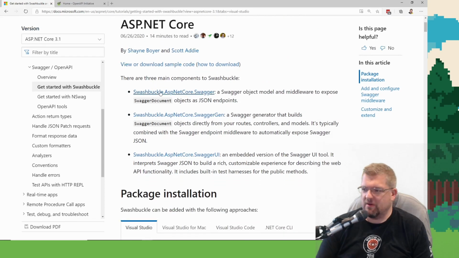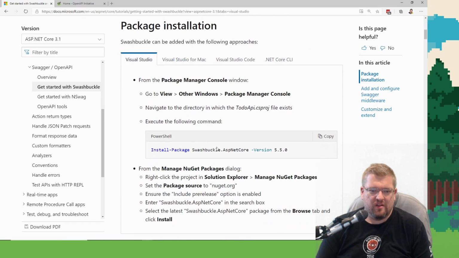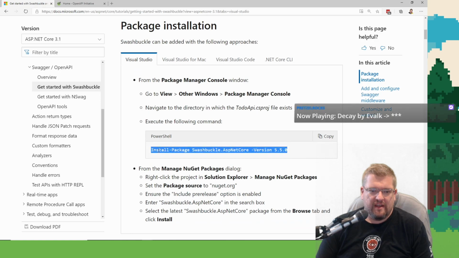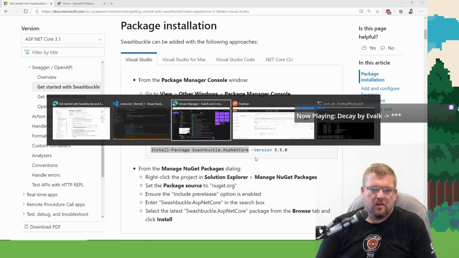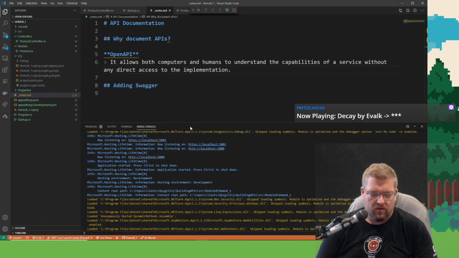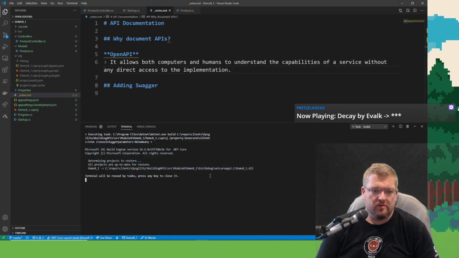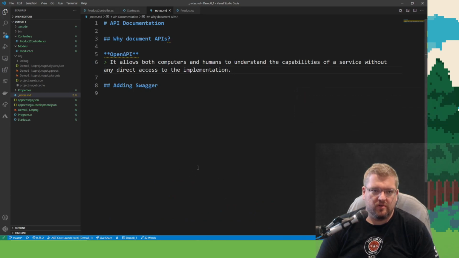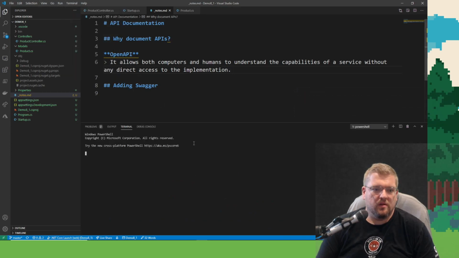I've heard Swashbuckle more often than NSwag out there in the community. So I think that's the way to go. Let's go ahead and install the Swashbuckle package. Go to terminal. Oops. New terminal.